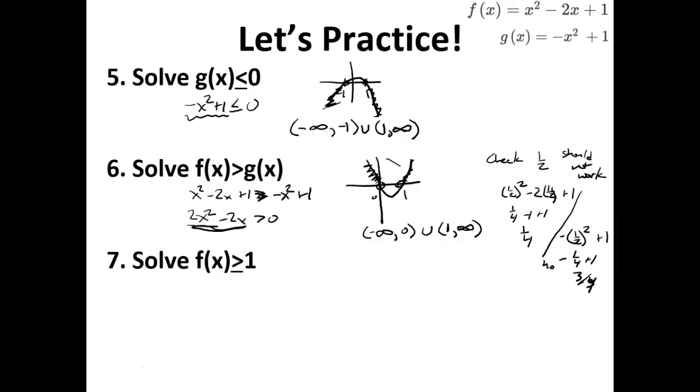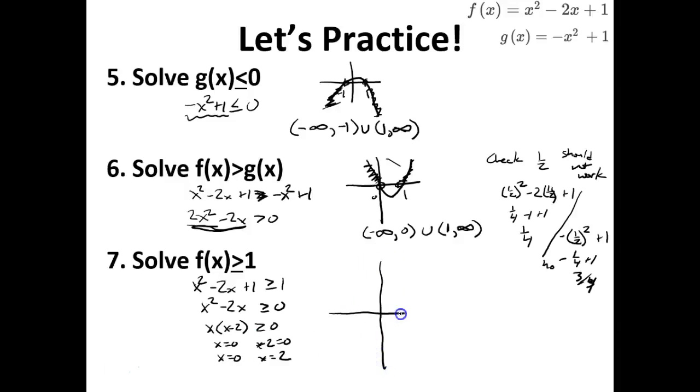Then solve for where f of x is greater than or equal to 1. That's where x squared minus 2x plus 1 is greater than or equal to 1. Or if we get 0 on that side, x squared minus 2x is greater than or equal to 0, subtracting 1 from both sides. So where x times x minus 2 is greater than or equal to 0, which is where x equals 0, or x minus 2 equals 0. So x is equal to 0, or x is equal to positive 2. Those 2 points are where it's actually going to be equal. So it's equal at 0 and at 2,